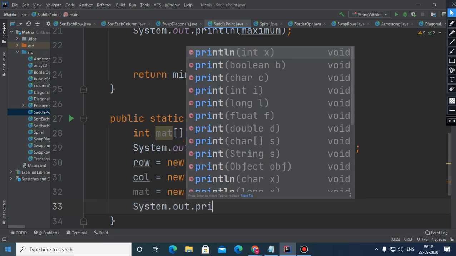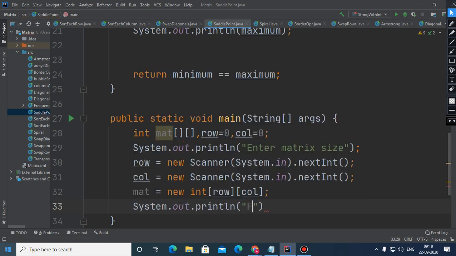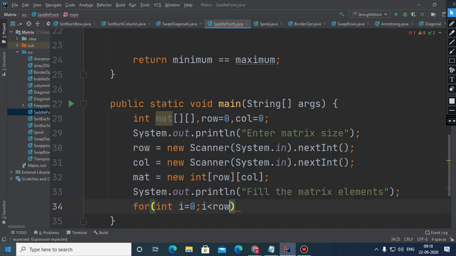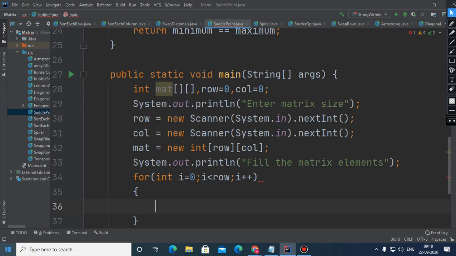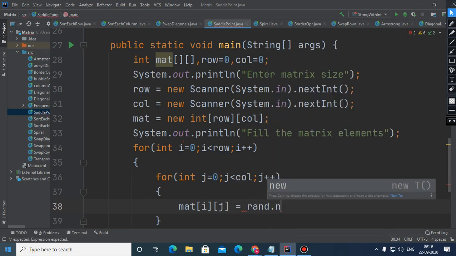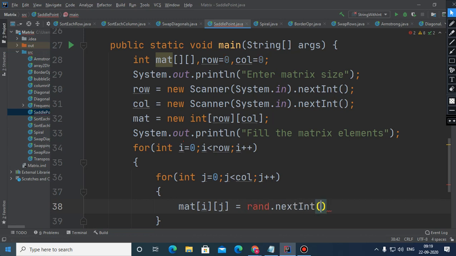Now fill the matrix elements, so that is for int i from 0 to less than row, i plus plus, and for int j from 0 till j is less than column, j plus plus, and here mat of i j is... I would like to take the Random class.